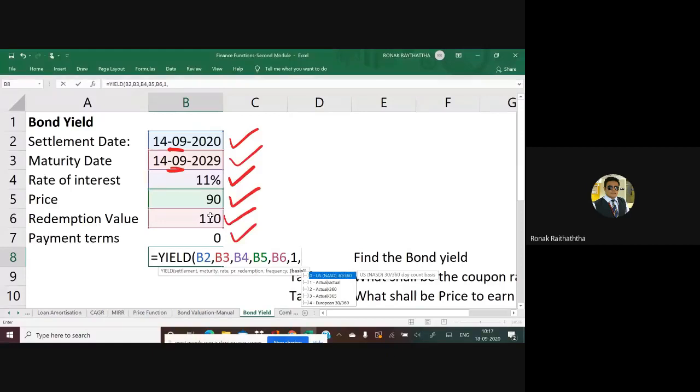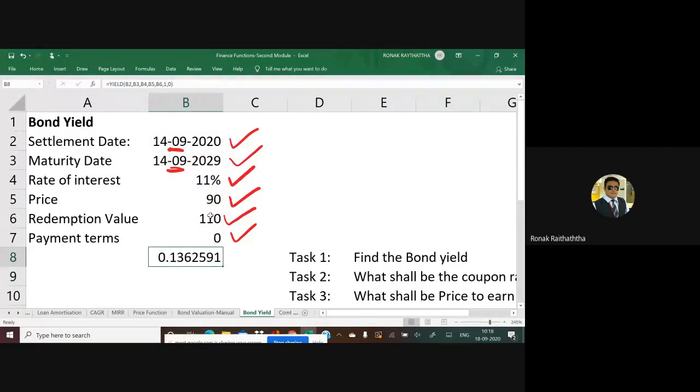But if I do 1, then it will assume the actual dates, that in this number of years what were the actual total days. In some of the years it would be 365, in some of the years it could be 366 as well, if the year is a leap year. So it would take the actual count if I take 1. But let me put 0, that is 360. We are assuming that in 1 year there are 360 days, and in 1 month there are 30 days. Pressing enter, and you get the bond yield, that is